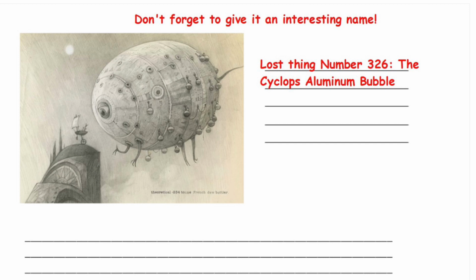There's sentence openers to help you. You can use both model text to go back and magpie the technical vocabulary and other sentence openers that you might want to steal from there to put into your own writing. So today, we're looking for 2 paragraphs to describe this lost thing here, this giant, bulbous, one-eyed, floating, levitating, strange, unique creature. Make it as interesting as you can, make it as scientific and technical as you can, and really